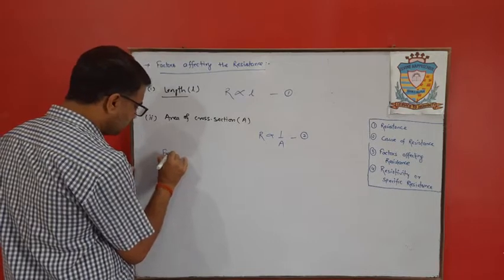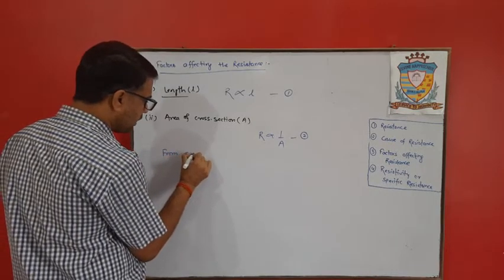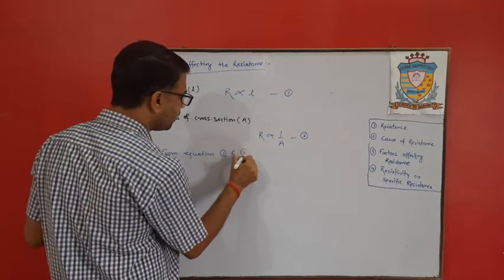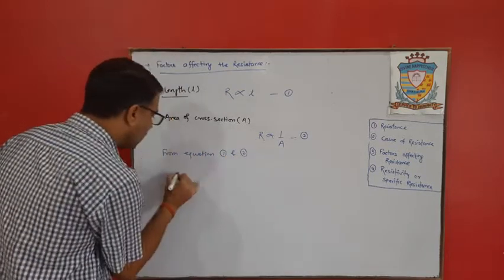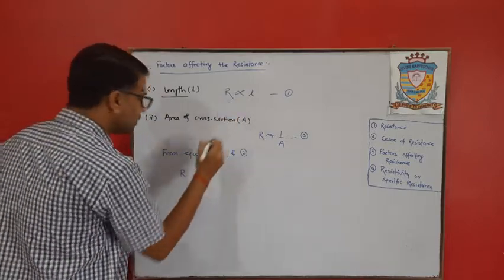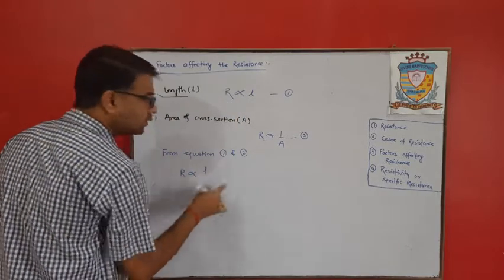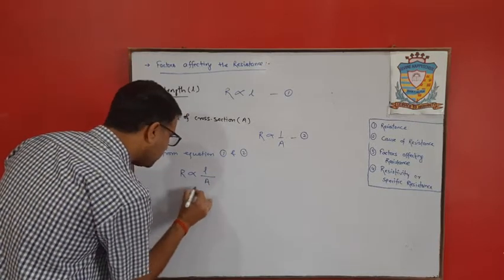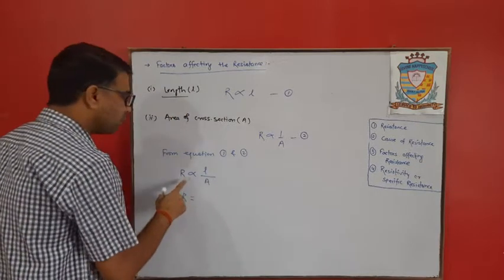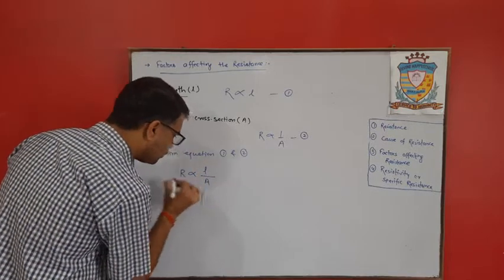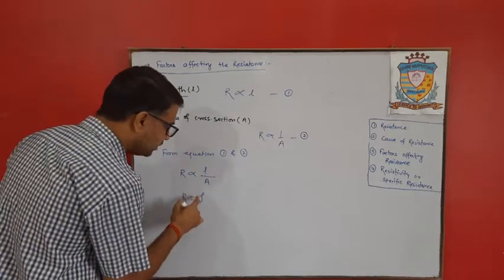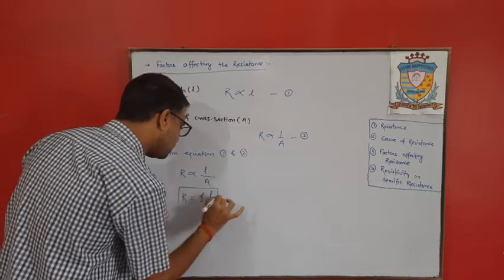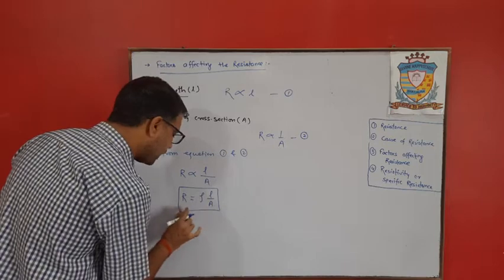So from equation 1 and 2, R is directly proportional to L and inversely proportional to A. From here, if we remove this sign of proportionality, we have to take a constant. This is rho. So R is equals to rho L by A,